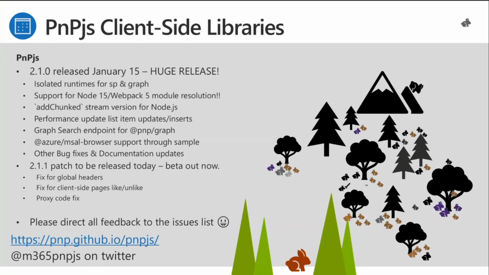So I encourage folks to try that release out. Let us know some feedback. There shouldn't be any breaking changes to any consumers of the library, but we did change a lot of the files internally. So if you find some issues, please report those, and we can absolutely do our best to get those fixed quickly.